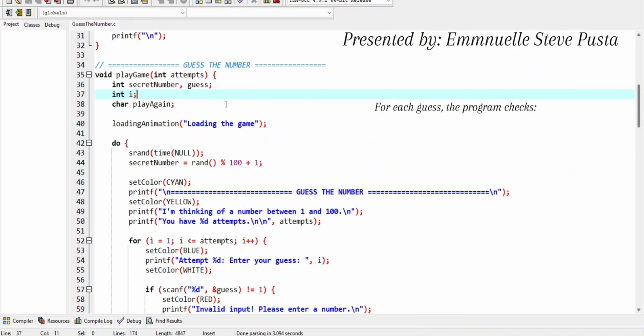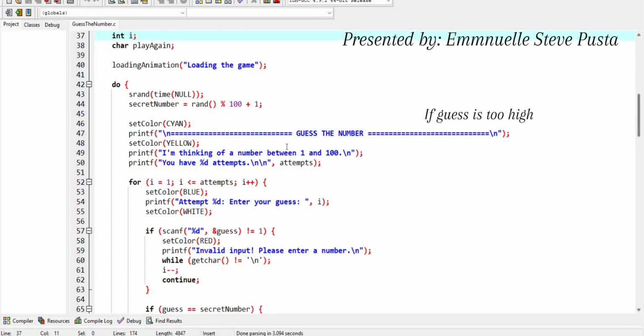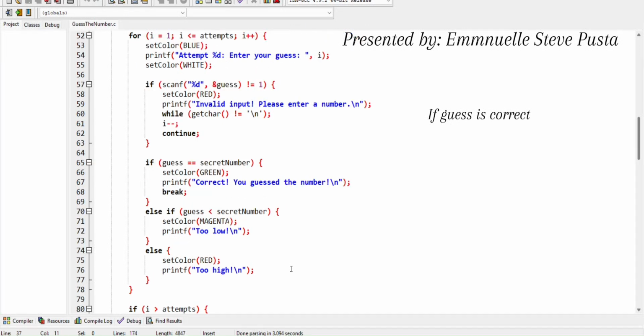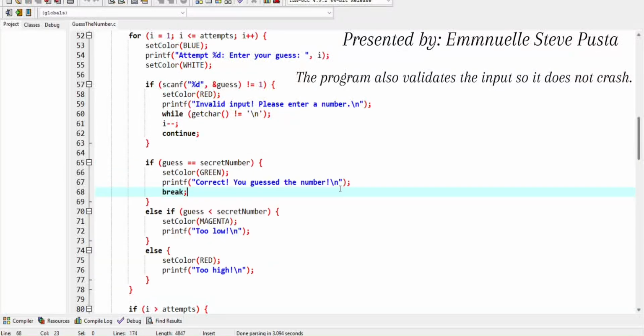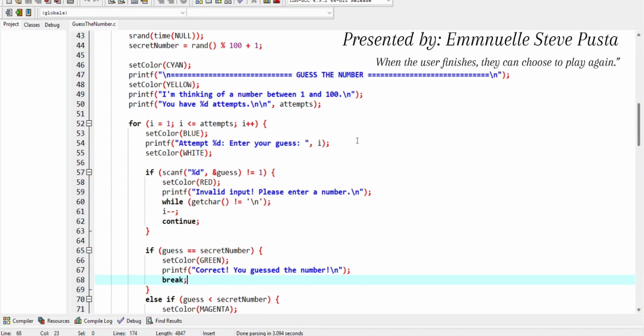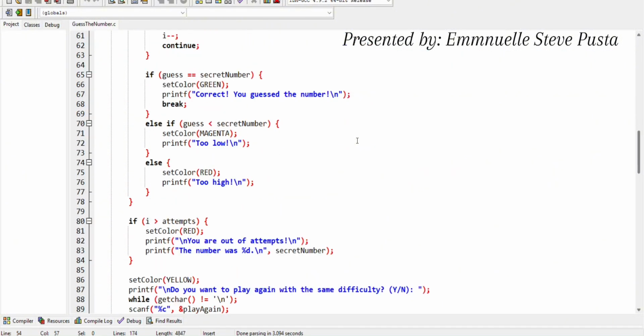For each guess, the program checks: if the input is not a number, it shows an error; if the guess is too high; if the guess is too low; if the guess is correct. The program also validates the input so it does not crash. When the user finishes, they can choose to play again. And that's all for my presentation. I will be passing to Pasqua.